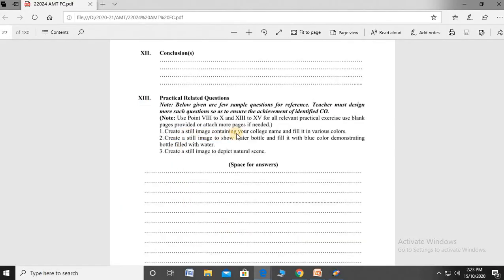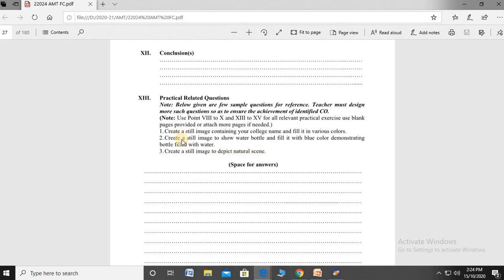Create still images. Still images means constant images. We create constant images. The first question, I have told you. Second question, third question also. Create a still image to show a water bottle and fill it with blue color, demonstrating a bottle filled with water, and create a still image to depict a nature scene.